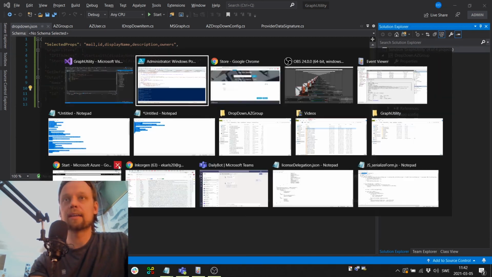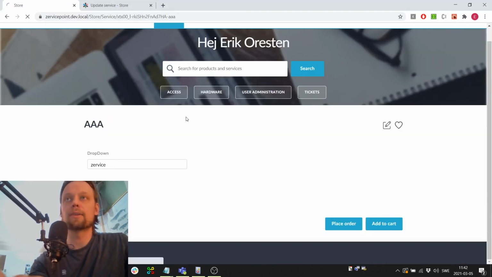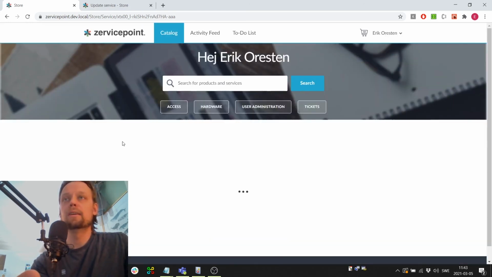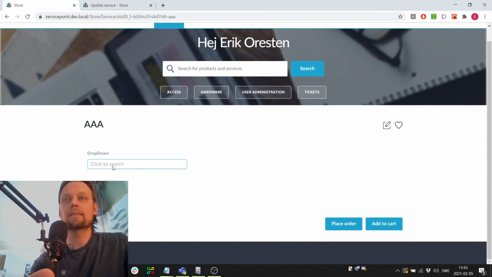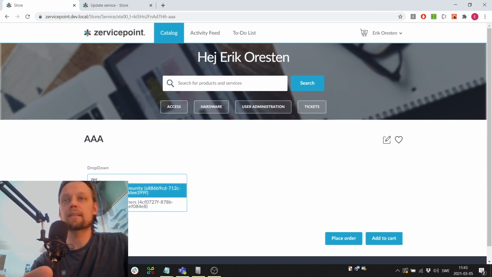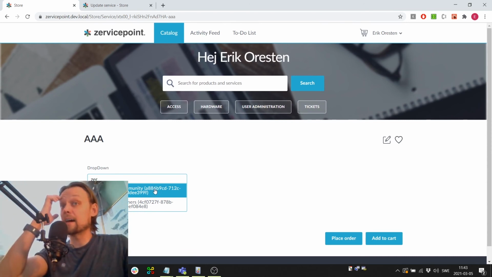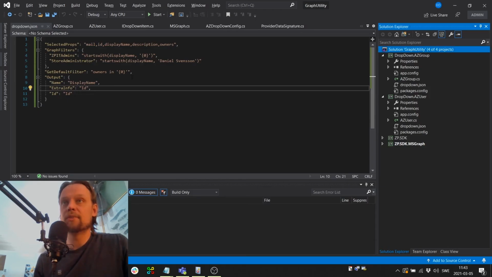And we go back into service point, and I can refresh here. And if I search on the same groups again, we can see that now we get the display name and we get the ID within parentheses. And I can play around and modify this filter, and I can have different filters for each role. Perhaps you only want people to be able to search for